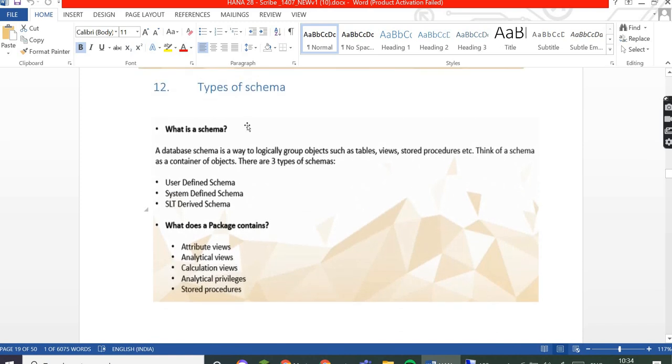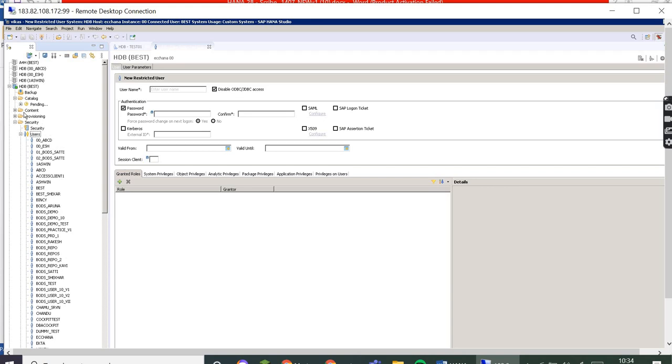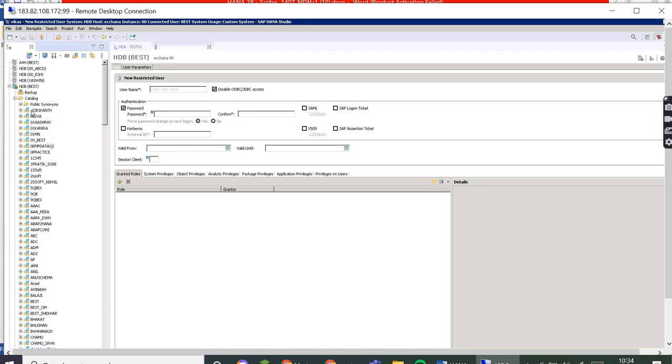Then we have the schema. The schema is nothing but the collection of the specific tables or different objects that we call a schema in the HANA DB. If you open this catalog folder, whatever you can see, these three colors of folders are nothing but your schemas. A schema is the holder of all the physical objects which we are creating in the HANA DB. For example, all the tables which are created here will be saved into this schema.